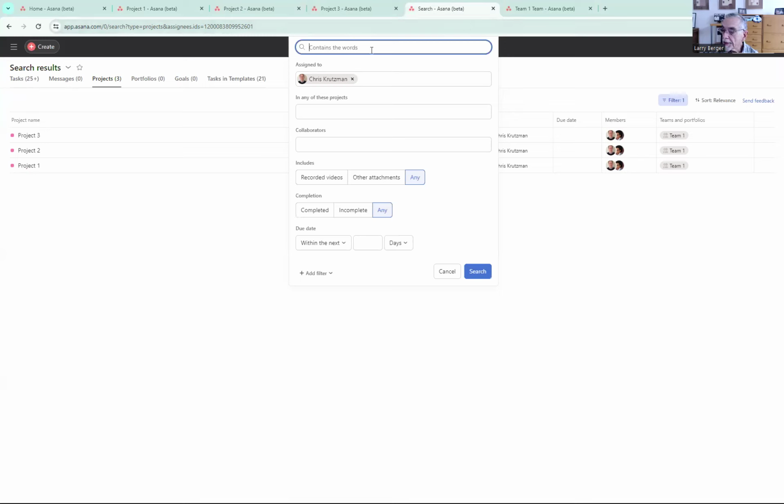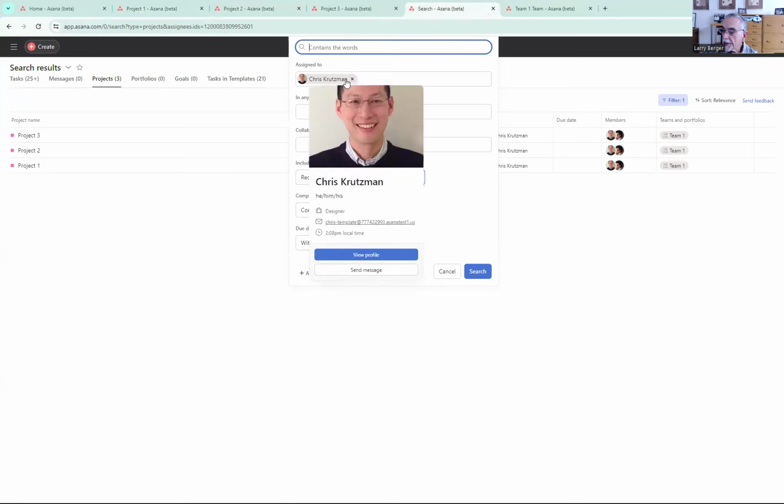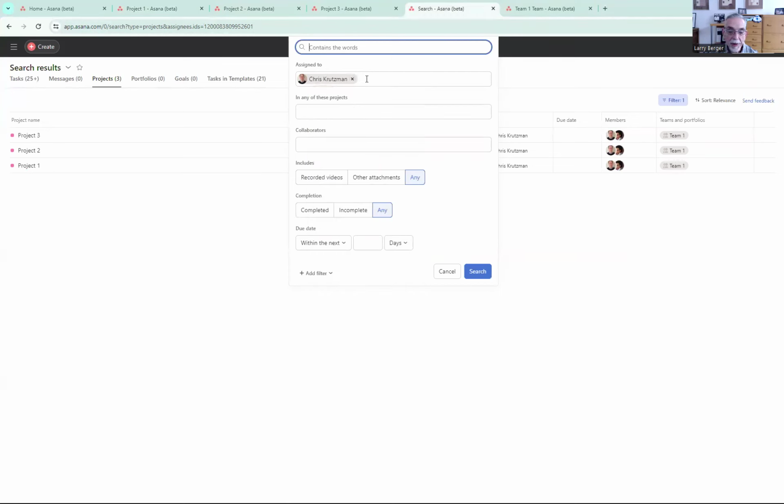Or you could do an advanced search. Just click the search bar, then click advanced search, which I did already. If you put in here a person as the project owner, figuring maybe that person is going to be the project admin, usually an owner of a project is an admin, and that's all you need to put in here.